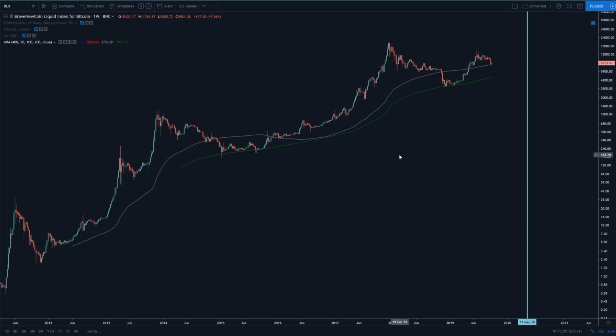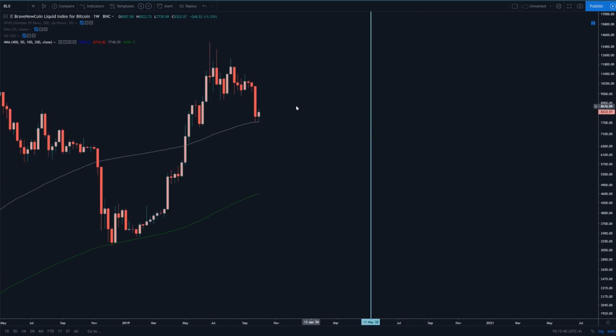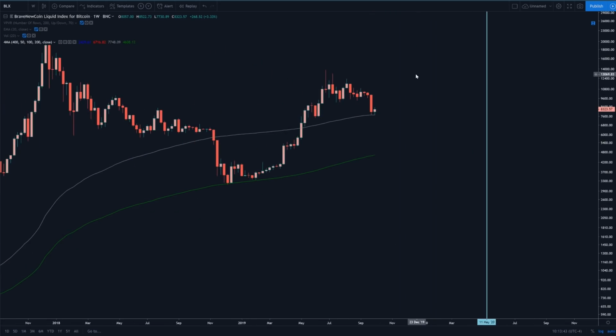I think a lot of people are like, what the heck? Bitcoin's supposed to be at $20,000 right now, which is why I'm trying not to be ridiculously bullish and throw out insane price targets, because I want to be realistic with you guys. It is possible that Bitcoin breaks the 100 simple moving average because enough people are not enthusiastic about the market, enough people aren't believing in Bitcoin in the long term, enough people aren't investing in Bitcoin, enough of that mainstream media attention isn't back into Bitcoin, and most importantly, the hype is not back into Bitcoin yet. So yes, it is possible that Bitcoin falls below the 100 weekly simple moving average. So with that said, let's discuss what happens if that does.